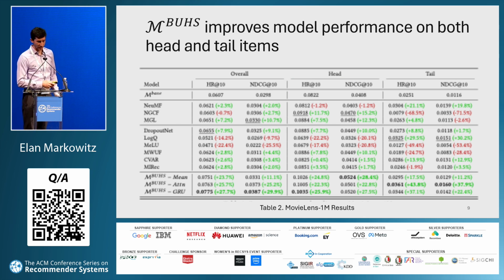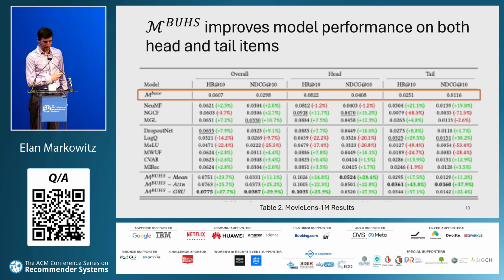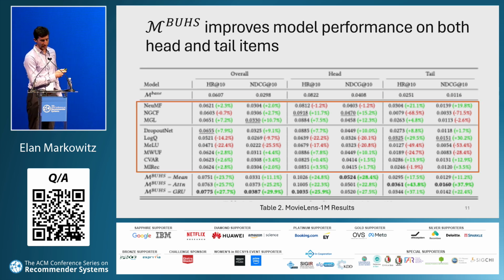Our results are here, and we separate the results into the overall performance, the head item performance, and the tail item performance. The metrics are hit rate and NDCG. I'm not going to go into the details; I assume the majority of you, if not everyone, is familiar. At the top is our base model, the two-tower neural network.